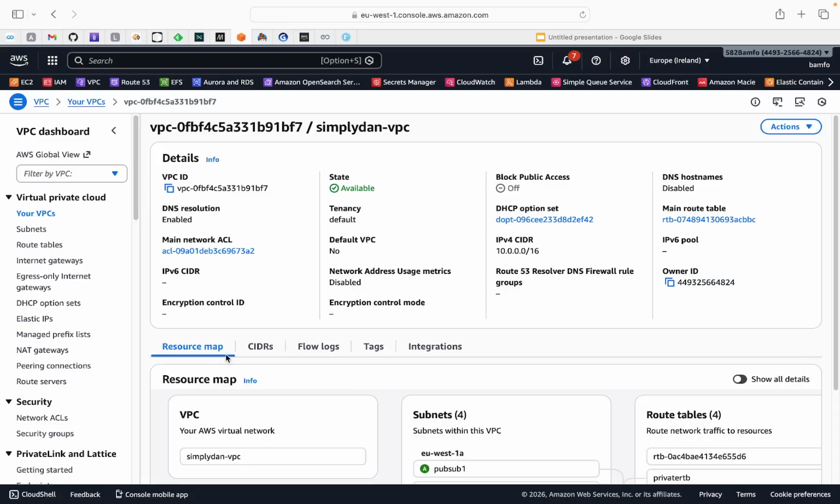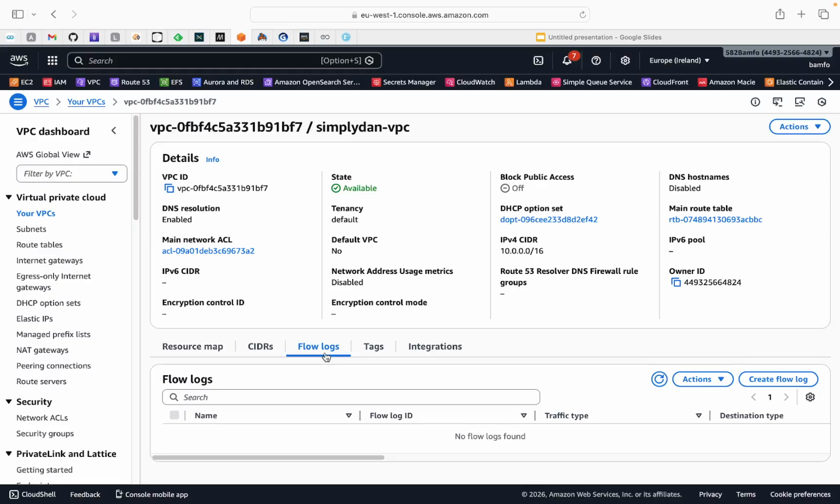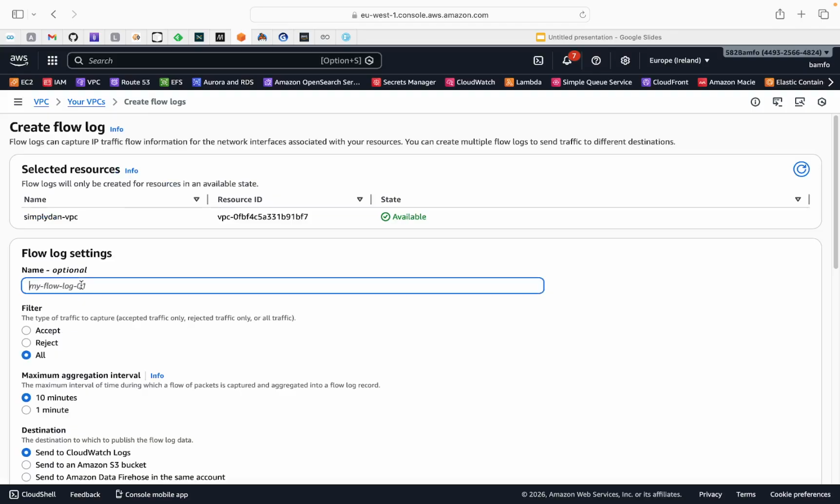And if you look here in this section, you will see VPC flow log. It's just saying flow logs. This is what you need. So let's capture that. You can either create it here on the right hand side, or you go to action and select create flow log. So let's do it here. Create flow log. First of all, we need to give it a name. So the name that you want to give it. So for example, let's call it simply done,